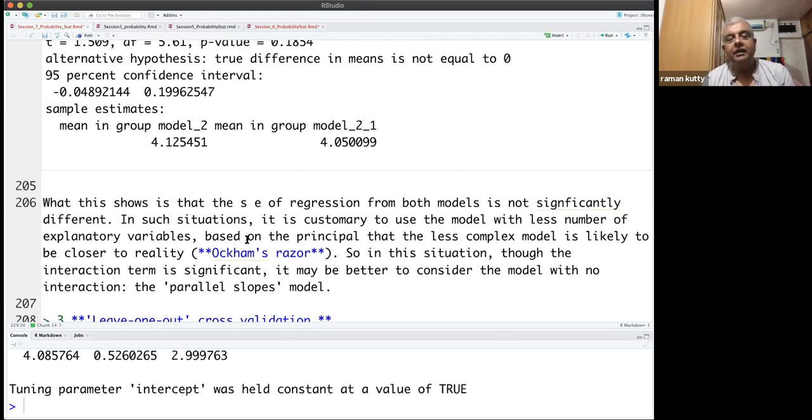So here the simpler explanation is the one with only 2 variables rather than one with 3 variables. So that is why we say that we are using Occam's razor. Occam's razor means that you're shaving away unnecessary things from the model.